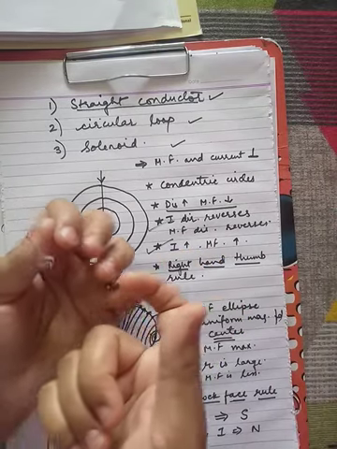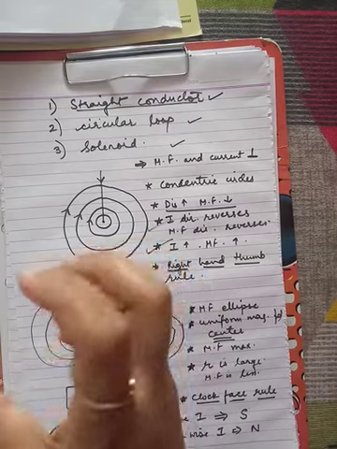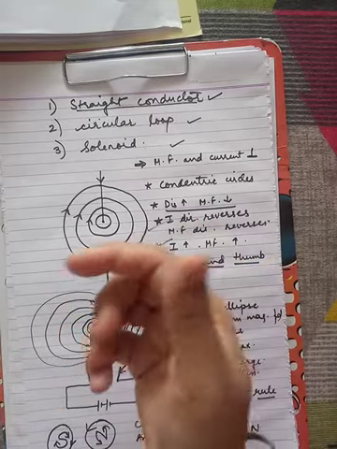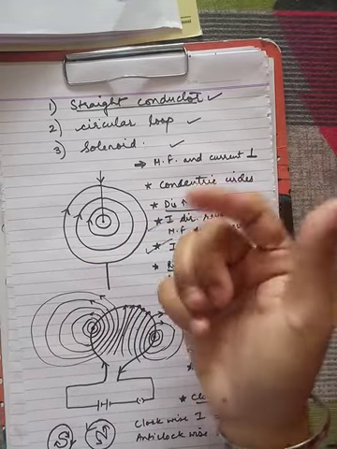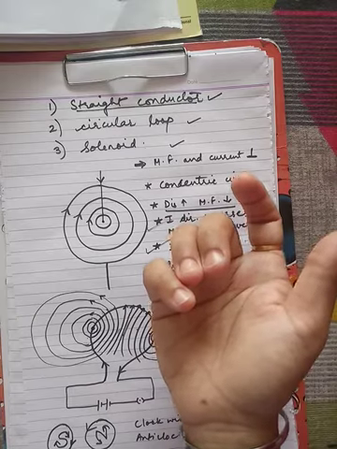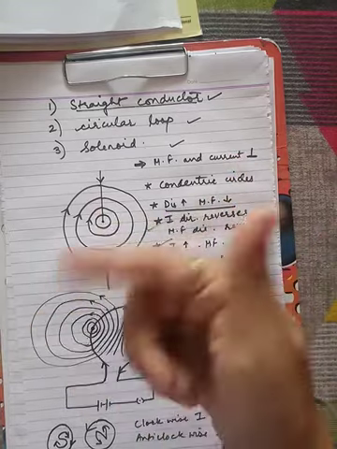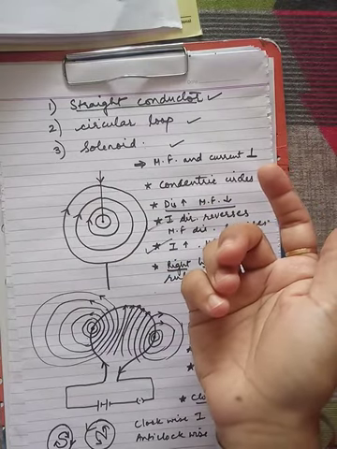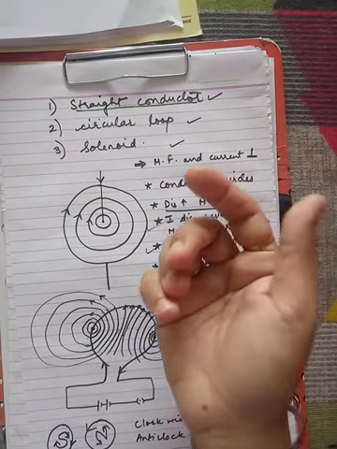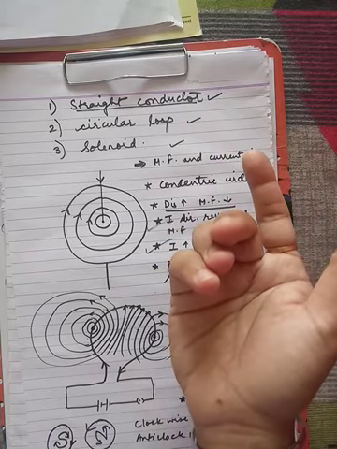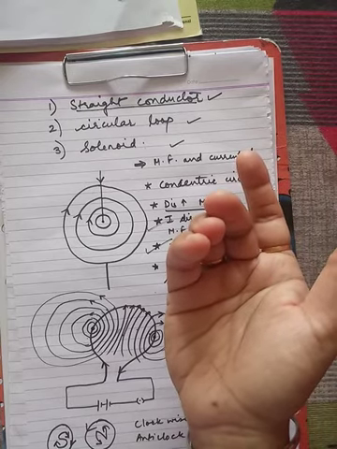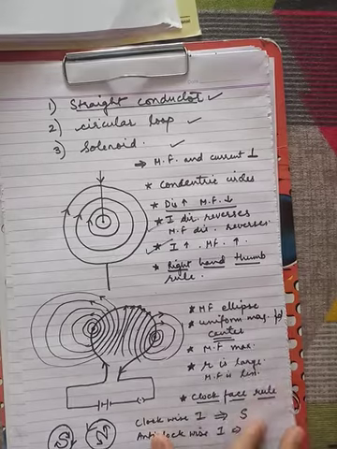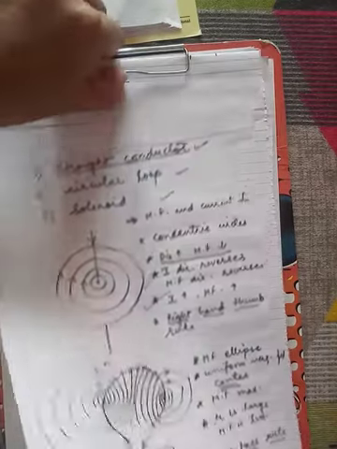So it can be made at home also. If I take a cardboard of cylindrical shape and wrap insulated copper wire around it, and then connect it with a battery and make the current flow into that circular wire, then we will get a solenoid shape of the conductor, and we can get a magnetic field similar to a bar magnet. So what kind of magnetic field is there in the case of a solenoid that we can understand?